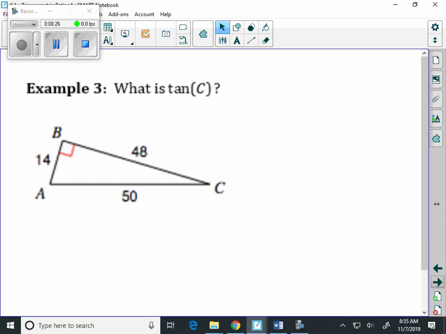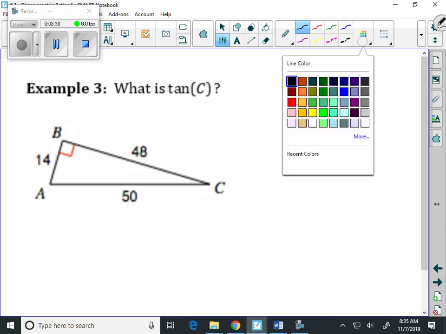The key to these is, do you know SOHCAHTOA? The sine is opposite over hypotenuse. The cosine is adjacent over hypotenuse. The tangent is opposite over adjacent. On this particular problem here,